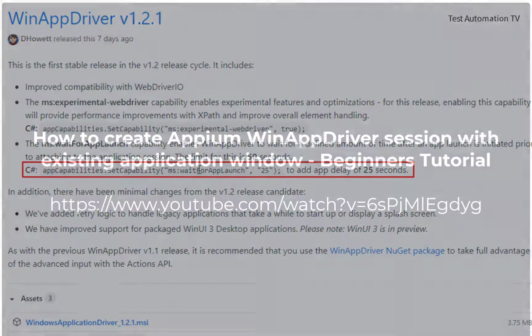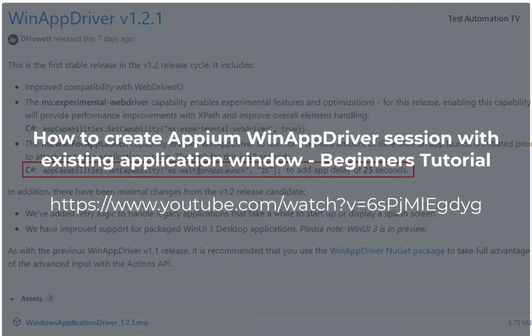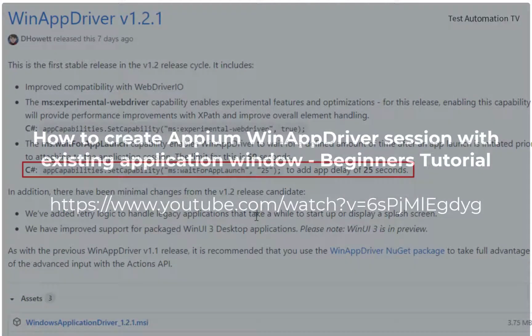You can see in my other video on YouTube, I have another video about using the Appium client software to work with WinApp Driver to inspect elements of a Windows application. So I have shown how to use ms:waitForAppLaunch in that video. We launched the Outlook Express application, and it takes a while.